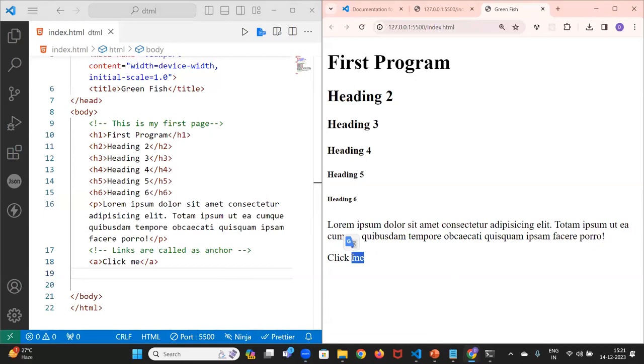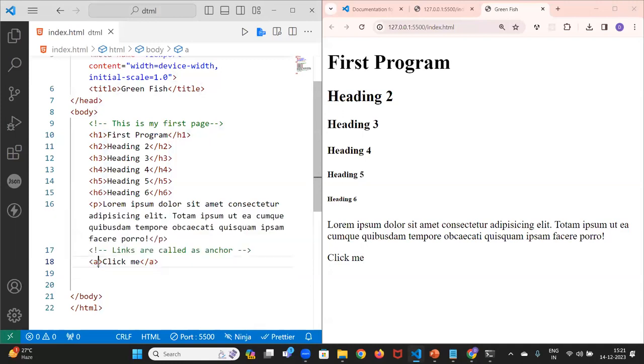Now the anchor tag should be clickable. You have to give some address now. If I click on this, you should go here. Only if you give some address will the anchor tag become active. Now, how to give the address? Inside the anchor tag, before the opening tag's right arrow closes,